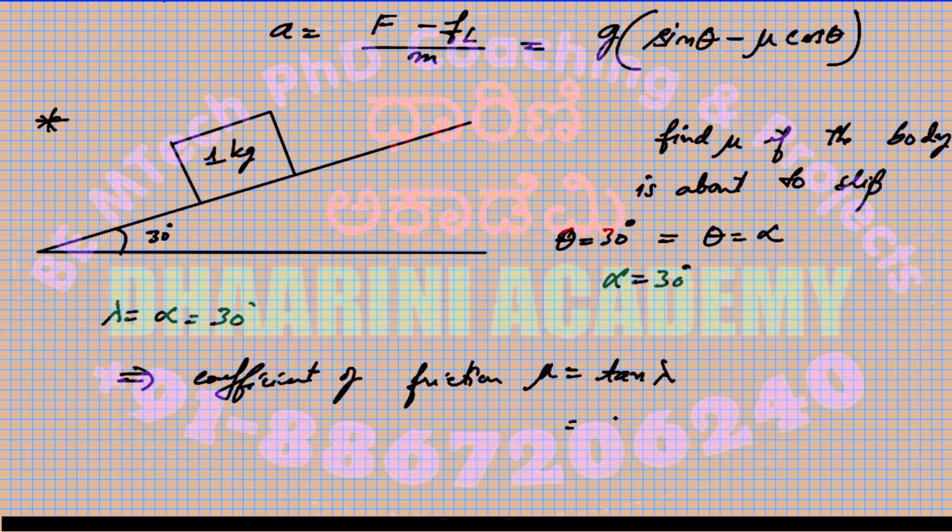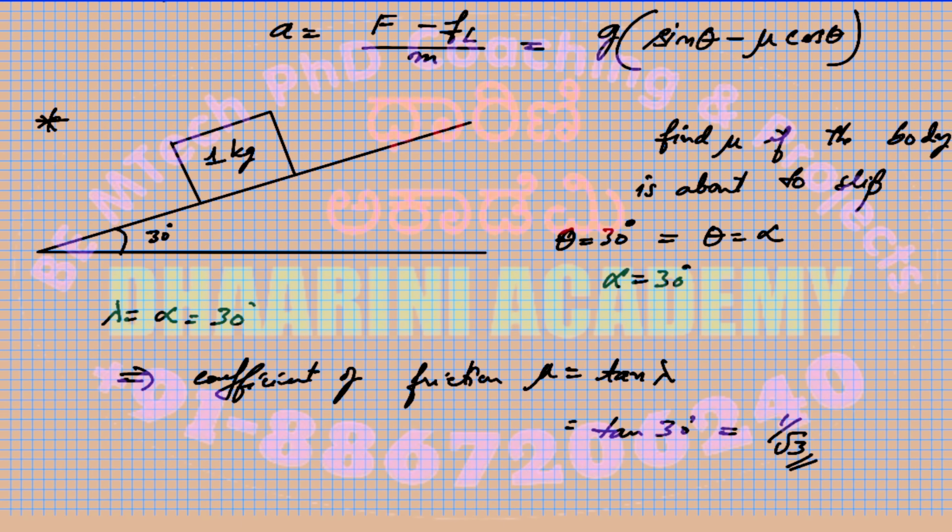So this is equal to tan of 30 degrees. Tan 30 is equal to 1 by root 3. This is the required